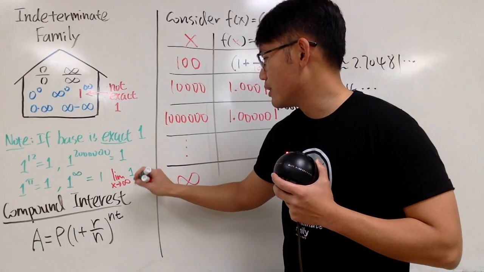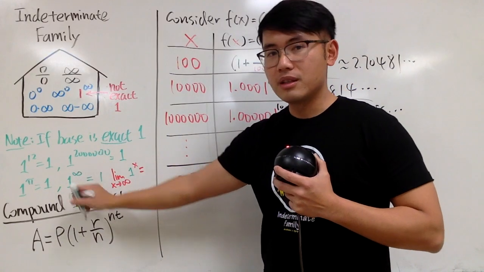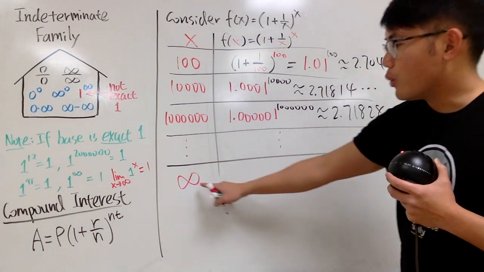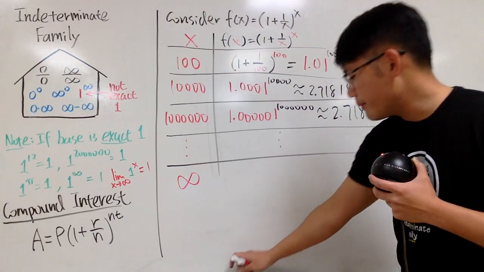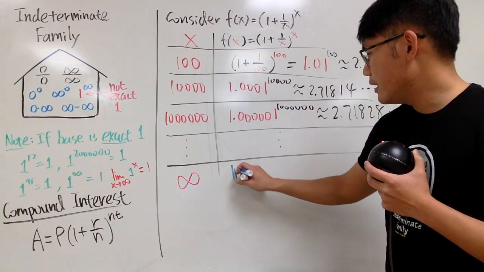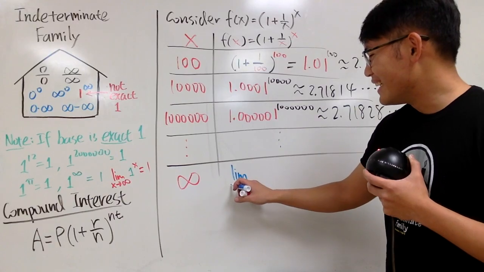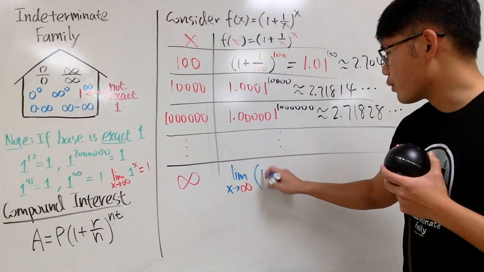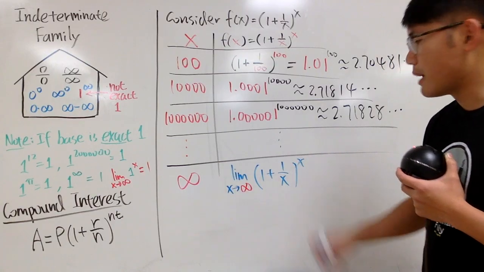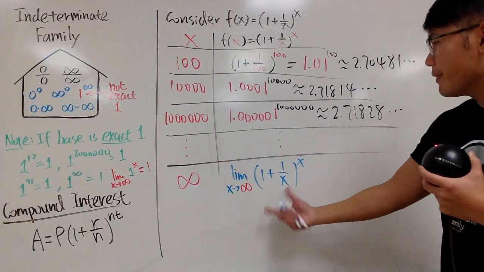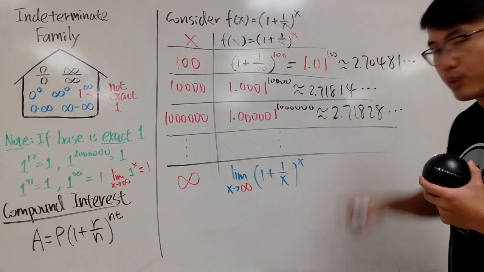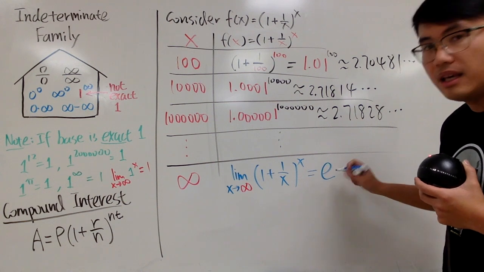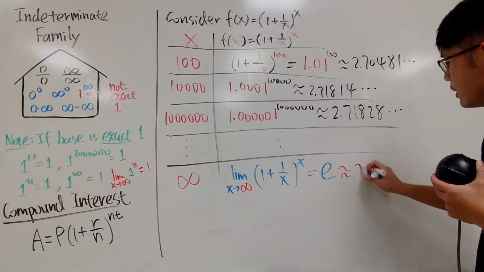This is just solid 1 to the x power. That's what it means. Whenever you see the symbol and then you end up with 1, that's legit. But in this case, when we have the infinity, of course you are going to write down the limit, and then you put down x going to infinity, and then of course 1 plus 1 over x raised to the x power, like that. Well, as you can see, we do have a number that's not equal to 1. This right here is actually a special number. We call this number e, and this right here is approximately